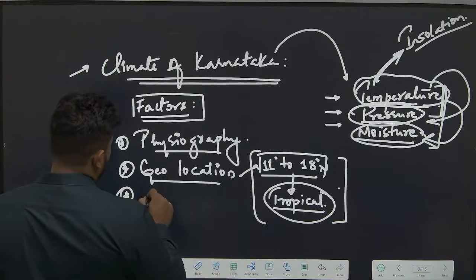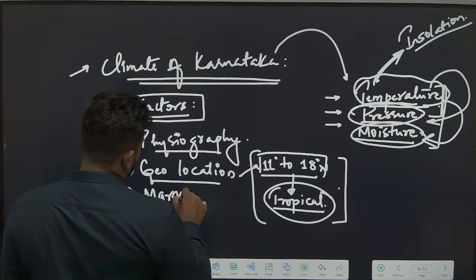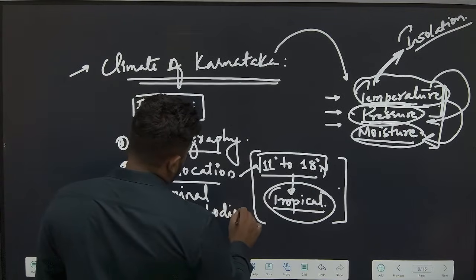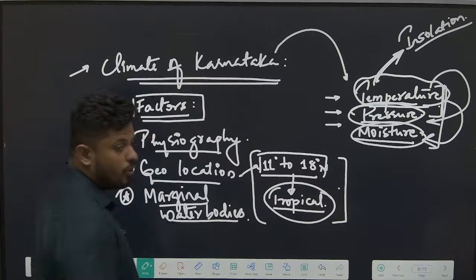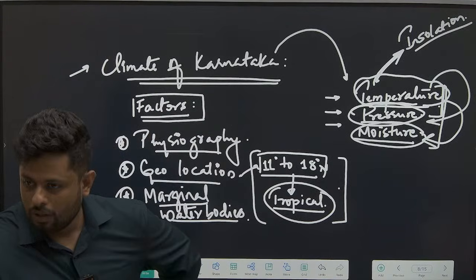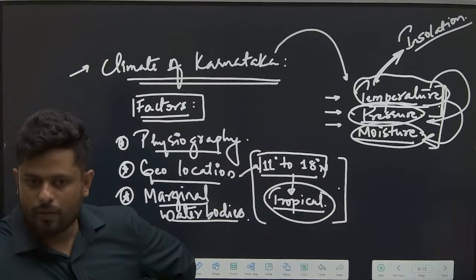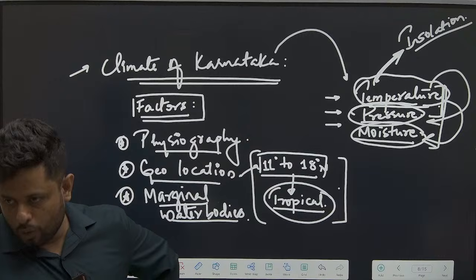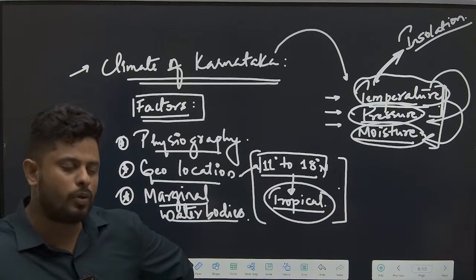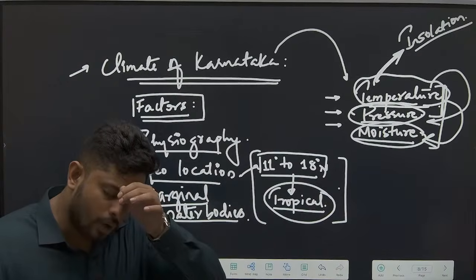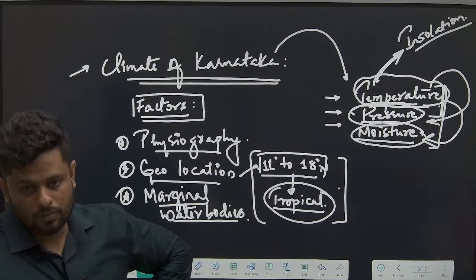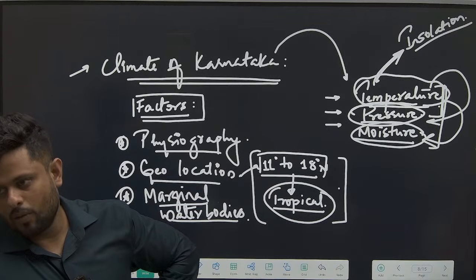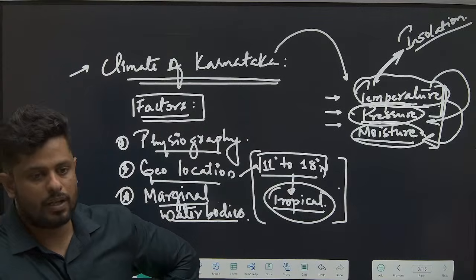Okay. Do you think we get influence from the marginal water bodies around us? How? Mostly the marginal water bodies have a moderating influence to play. They do not let regions get cooled too much or get hot too much. Correct? Maritime type of climate means those regions situated in close proximity to the marginal water bodies will always have a moderating climate. Moderate climate means it will be nothing extreme. If you are moving away from these marginal water bodies, let us say you are moving into the North Indian plains, let us say you are moving into North India.